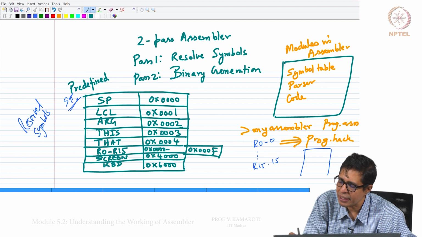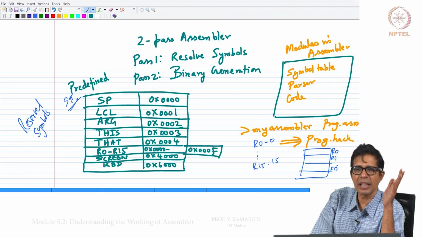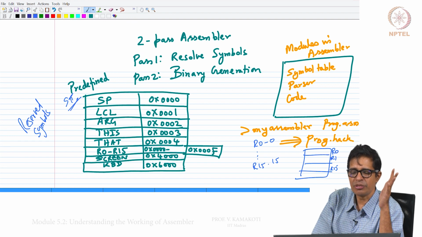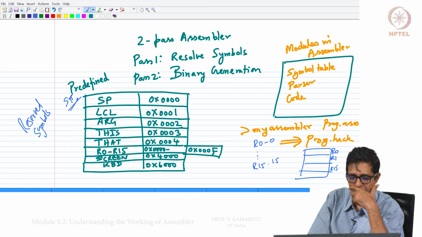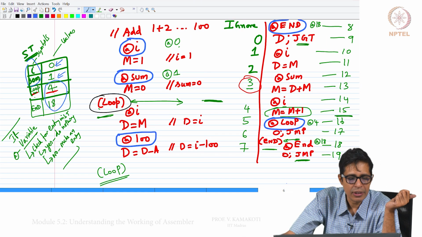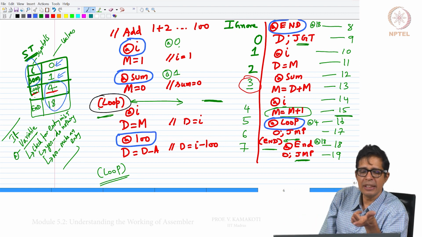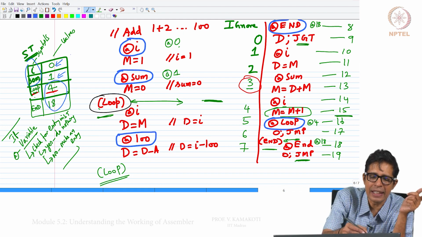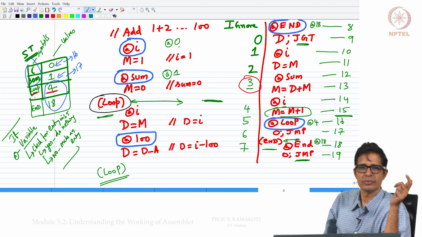So, the first 16 locations of your data memory are reserved for R0 to R15. That means that your I and sum cannot be in your 0 and 1 location, your I and sum will start from the 16th and 17th location.